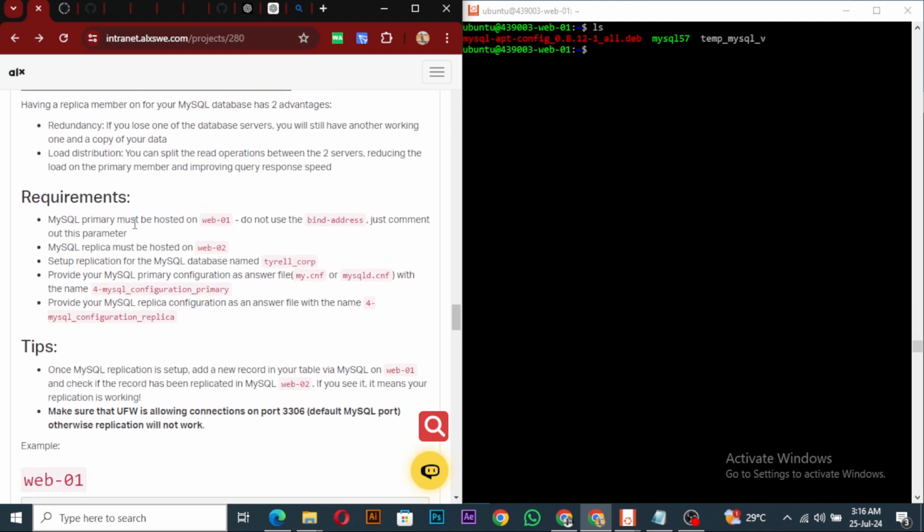Requirement: the MySQL primary must be hosted on this. So the primary is on this. Do not use binary, just comment on this. The MySQL replica must be hosted on this. Yes, we know. Set up replication for the MySQL database named Tyrell Corps. So we need to set up a replication for this database, and then provide your SQL primary configuration as answer